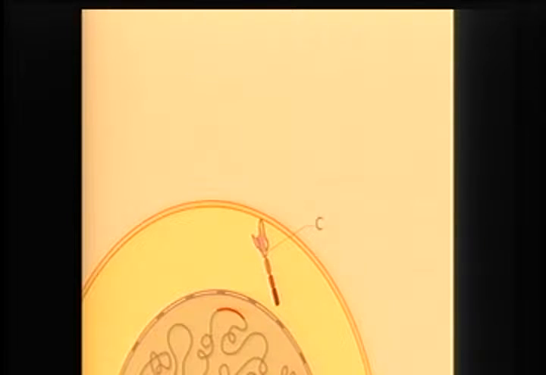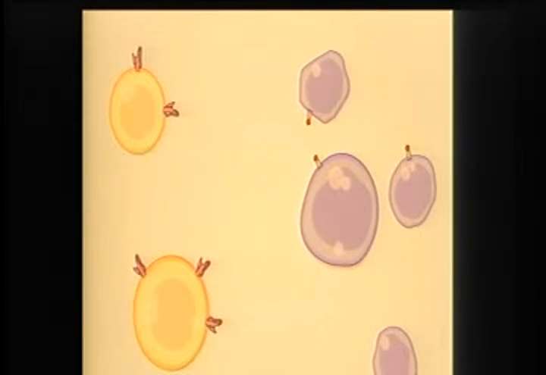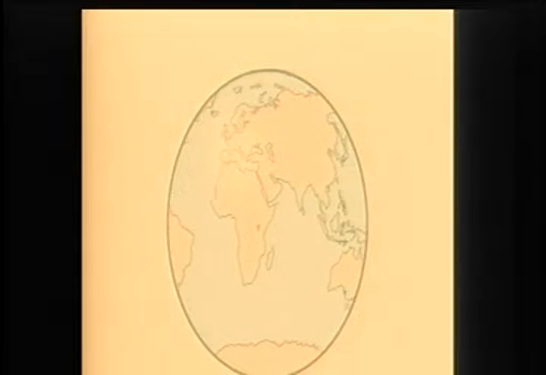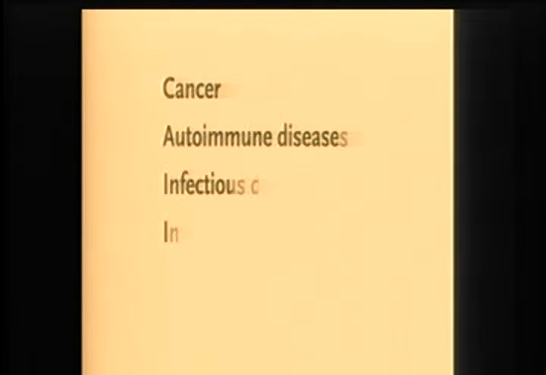Newly synthesized CD19 CAR proteins are then expressed on the T cell surface. The altered T cells are expanded in vitro and delivered to the patient by infusion. In the body, the engineered receptors bind to specific antigens expressed by the target cancer cells, killing them. With hundreds of trials currently being conducted worldwide, engineered cell therapies, like CAR T cell therapy, have the potential to transform treatment for cancer and other diseases.